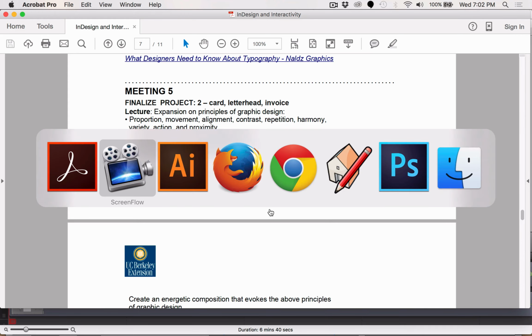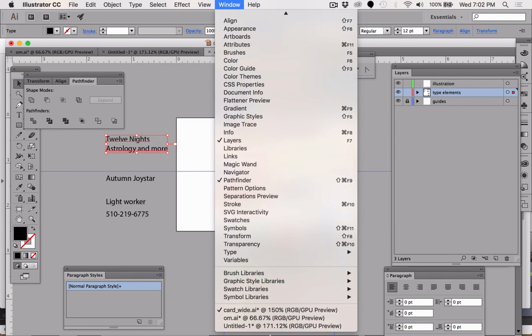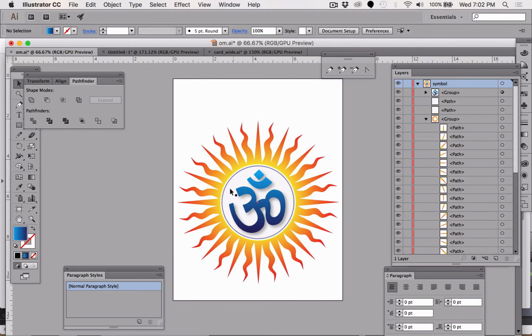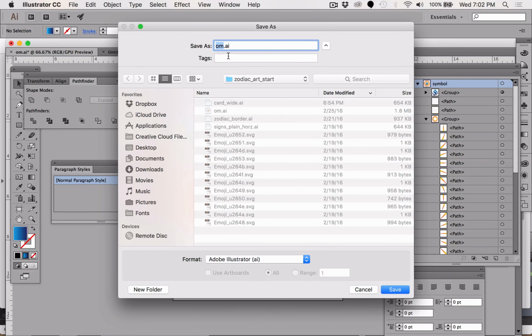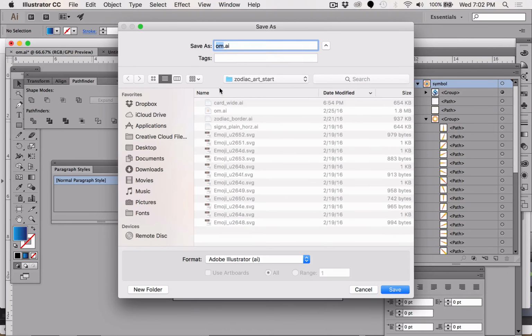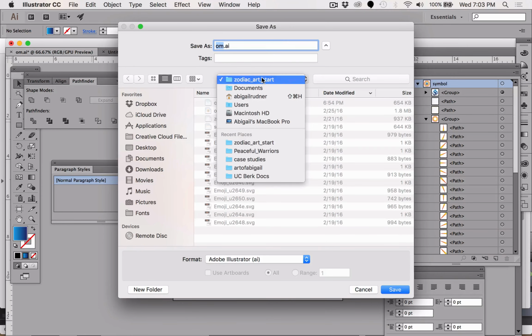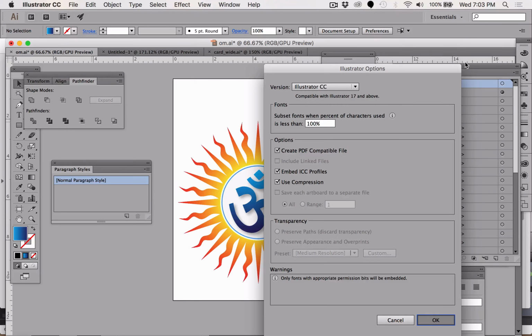Okay, so I'm going to go to Illustrator and locate my own logo, and I want to bring this into InDesign. Currently, if I do a File, Save As, and I see that it is an Illustrator AI file, I will save it as such. Apparently I've already done that, and I'm putting it in the Zodiac art file, which is in my documents folder. Okay, just making sure I know what I'm doing here. All right, and click OK. Now, InDesign,